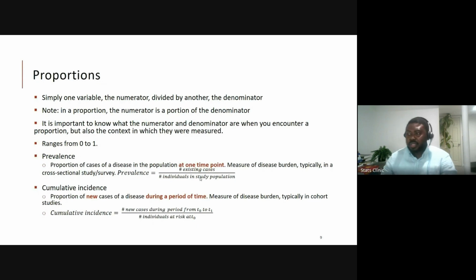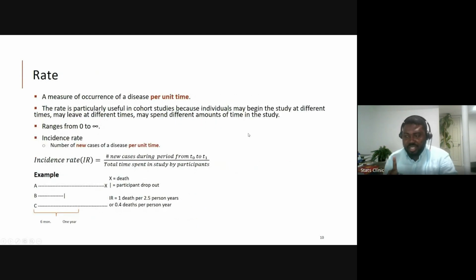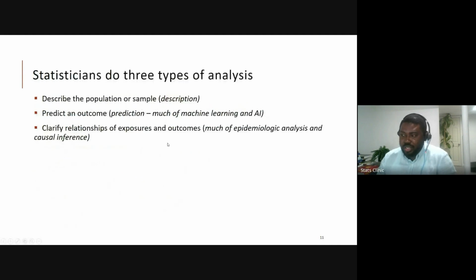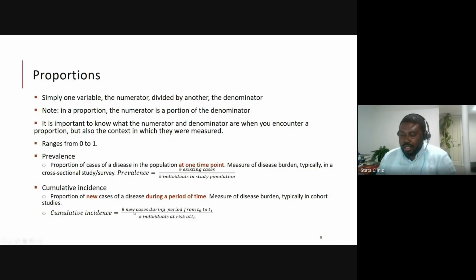Okay, that's clear. Now, for the rate, the difference is that we will now also look at the time more carefully. In cumulative incidence, what we did was that we looked at time by bounding the time and saying that you can only look at the time during this period. But the difference is that for rate, time is the denominator. In the numerator, we will have new cases just like we had in cumulative incidence. In cumulative incidence, we have new cases on the top and, on the bottom, individuals at risk.